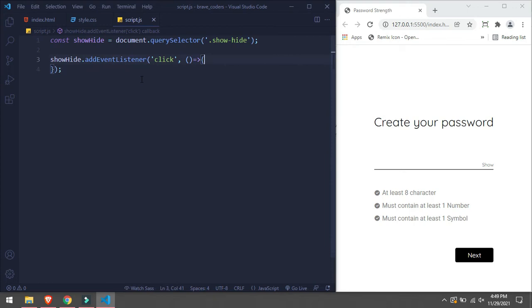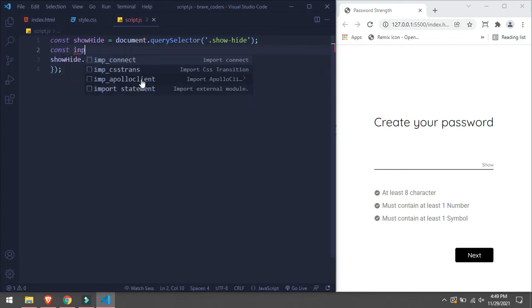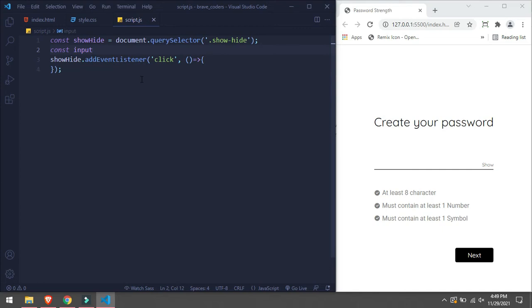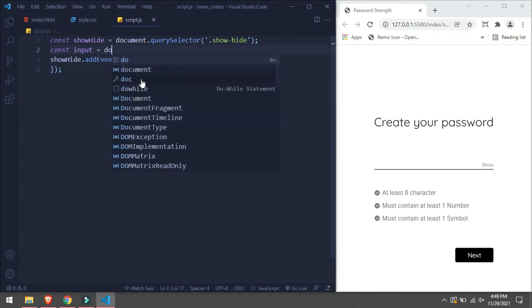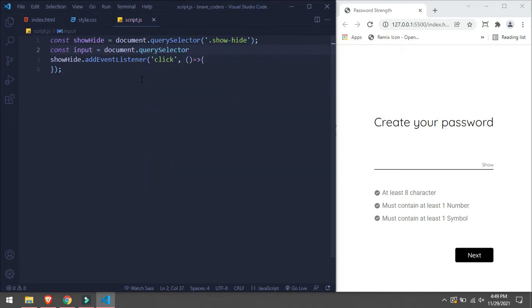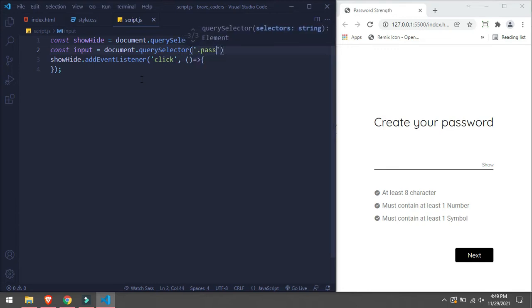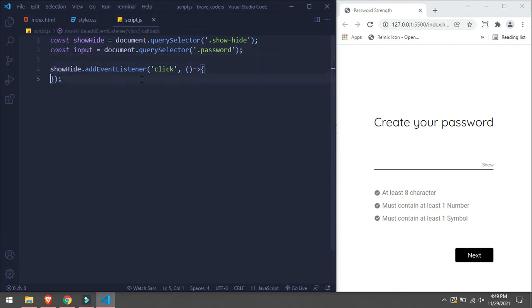Inside here we are going to check the input, so we are going to take const input equals to document.querySelector, and we are going to target our input which has a class name of password. Okay, this is it.